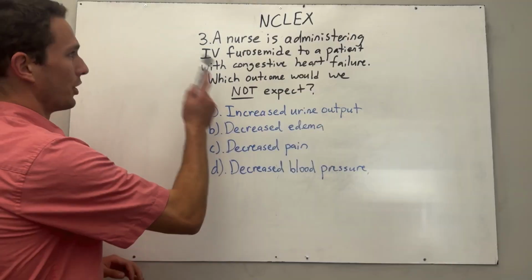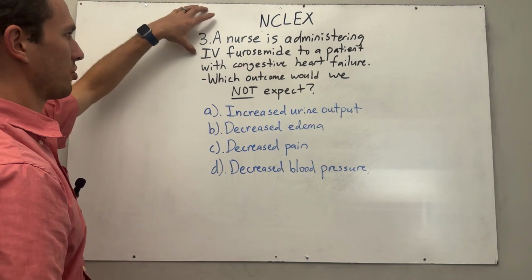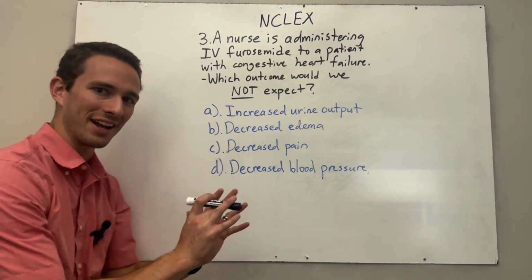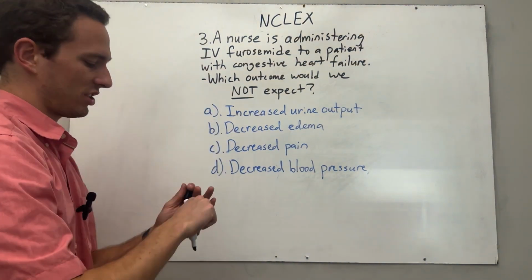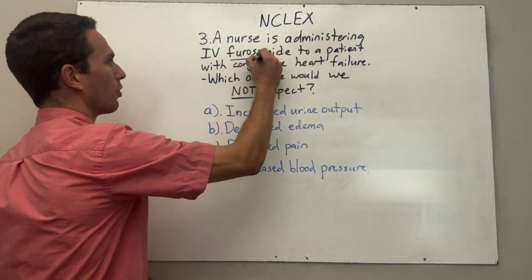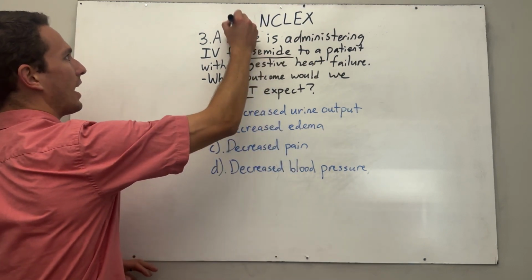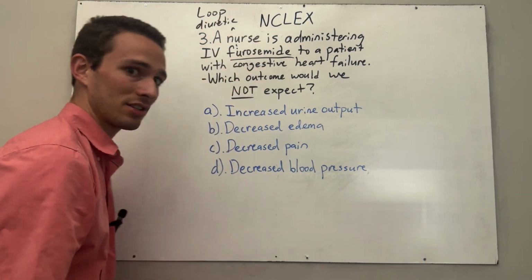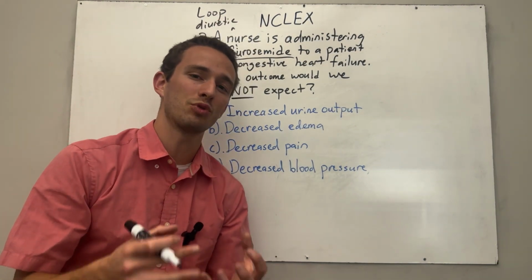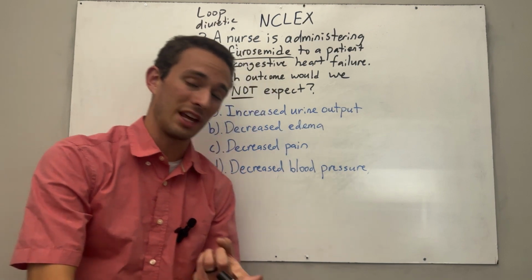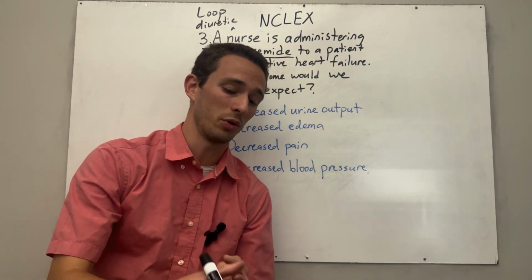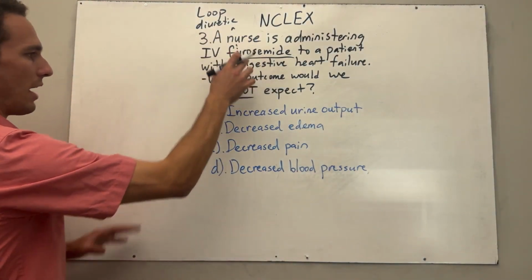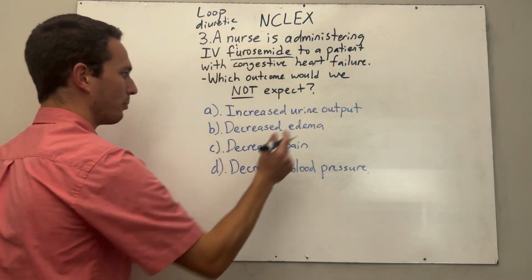NCLEX question number three. A nurse is administering IV furosemide, so intravenous furosemide, to a patient with congestive heart failure. Which outcome would we not expect? So first off, two things stick out to me. Number one, we are giving them furosemide. You need to know furosemide is a loop diuretic. So this is going to go to the kidneys and inhibit the reabsorption of salt into the blood. If it's inhibiting the amount of salt in the blood, it's also going to inhibit water reabsorption. So the biggest thing we will see with furosemide is increased urine output, because instead of the fluid